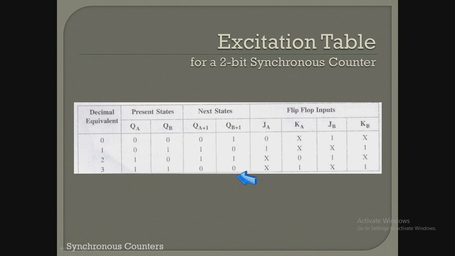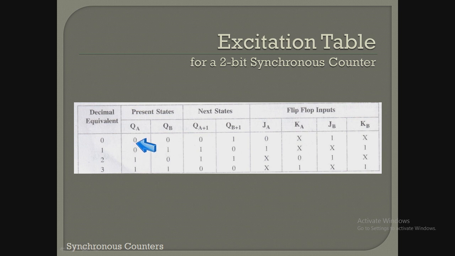So now to achieve this desired next state from the present states, we have taken the appropriate combinations of all the flip-flops. We are using two flip-flops, A and B. So for A you have JA and KA, for B also you have JB, KB. So now let us focus,